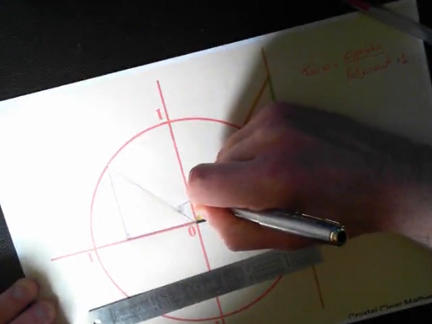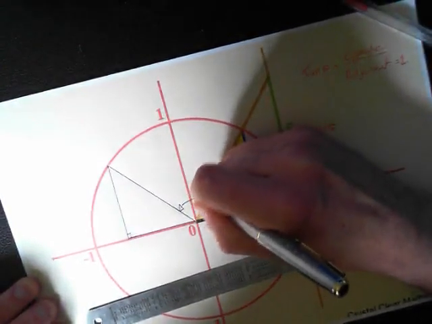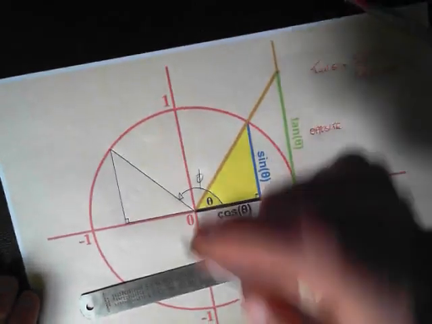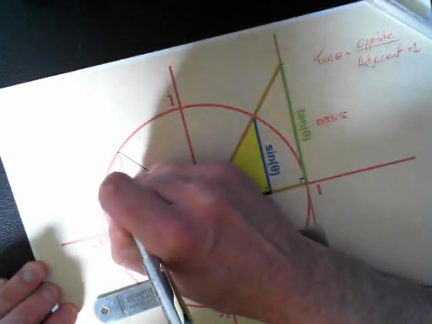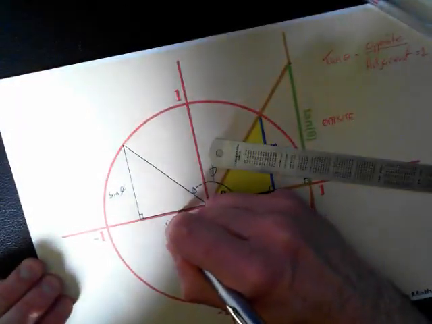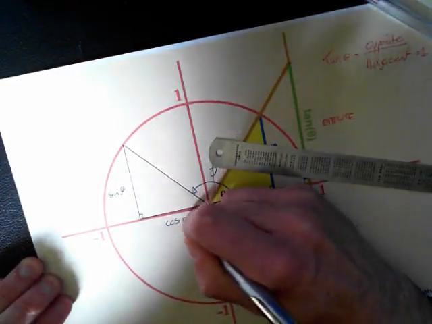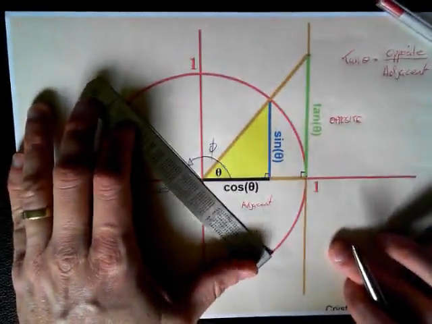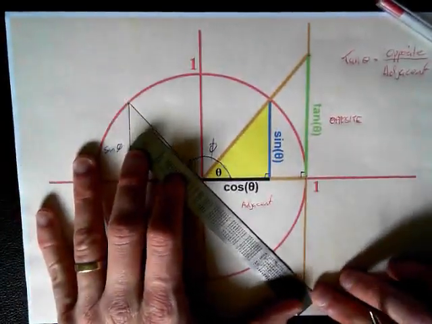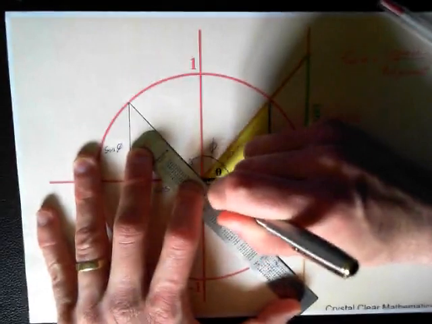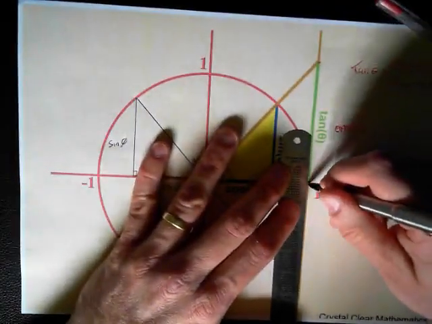So if I do that there, let's say I use that symbol there, then this is sine. Oops, I didn't quite draw it the same. This is cosine, cos. But tangent's not over this side, tangent is still over here. So to get tangent, I have to extend this line out to here. Okay, so that's there, which means tangent